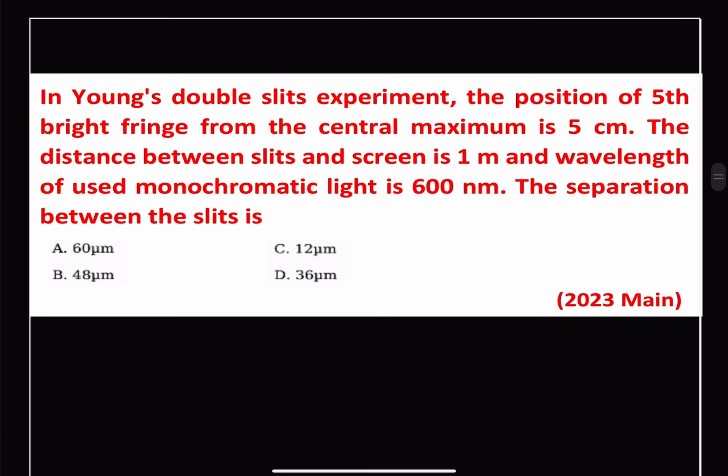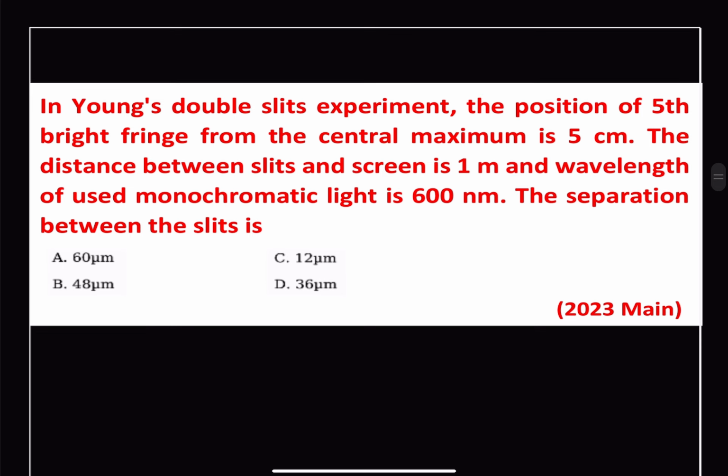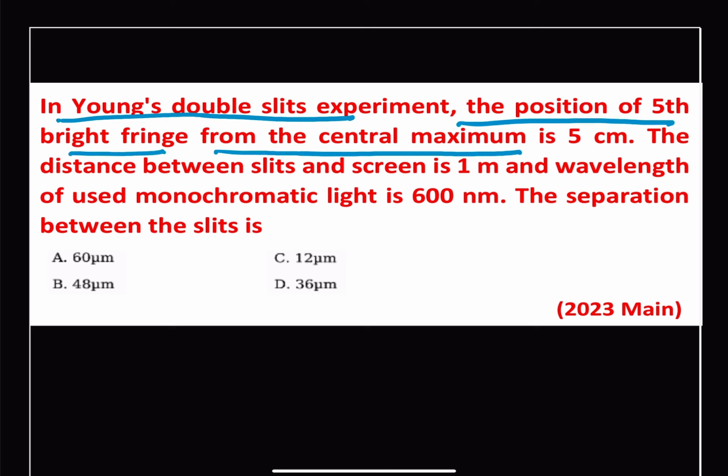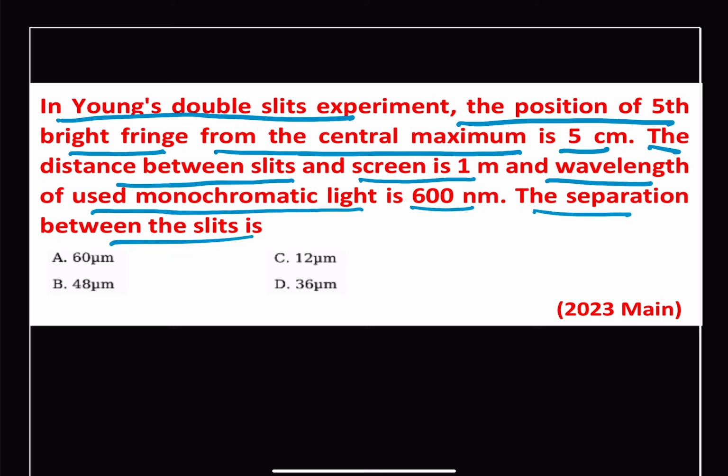Next question. It states that in Young's double slit experiment, the position of the fifth bright fringe from the central maxima is 5 cm. The distance between the slits and the screen is 1 meter, and the wavelength used of monochromatic light is 600 nanometer. The separation between the slits is. So here we have to find out the small d. And we know that for the nth bright fringe,